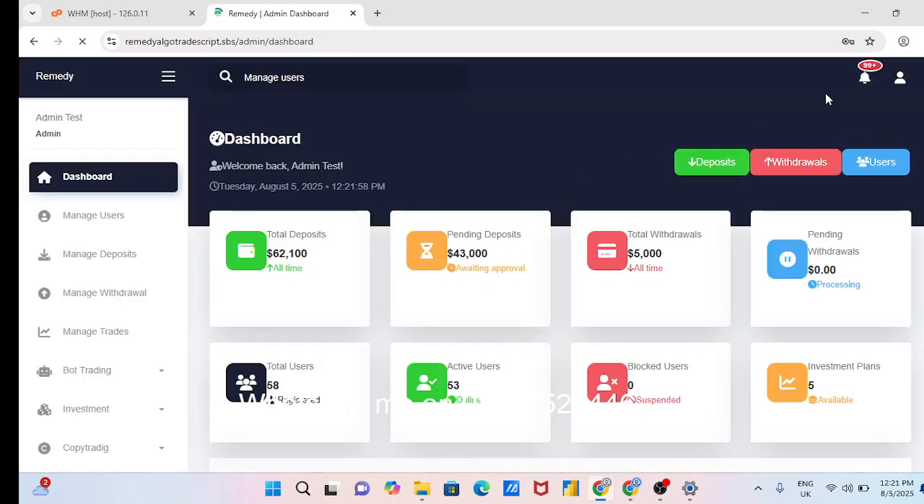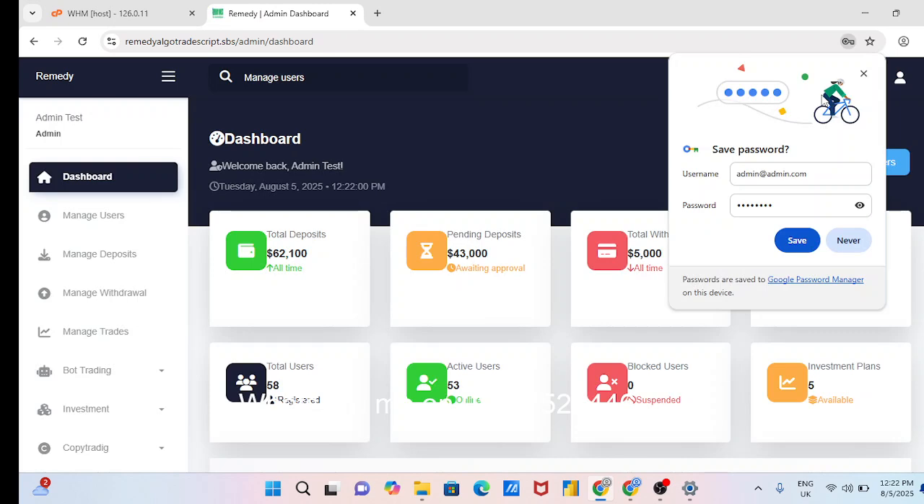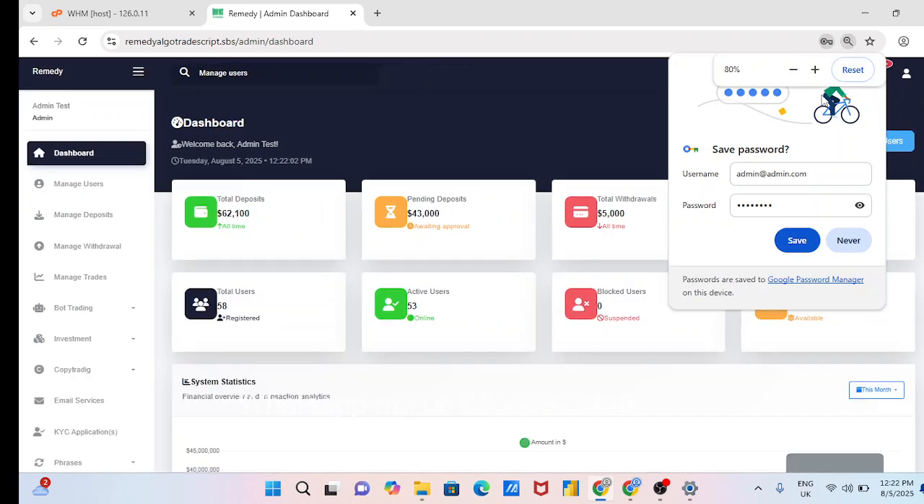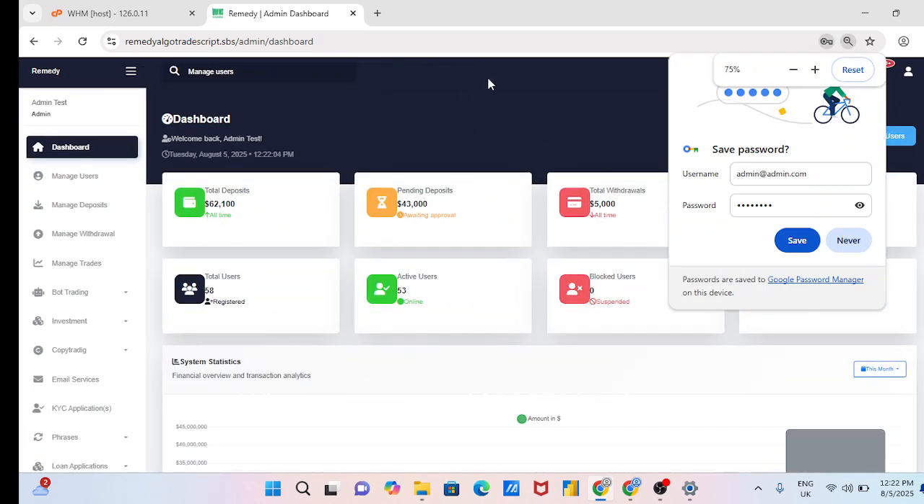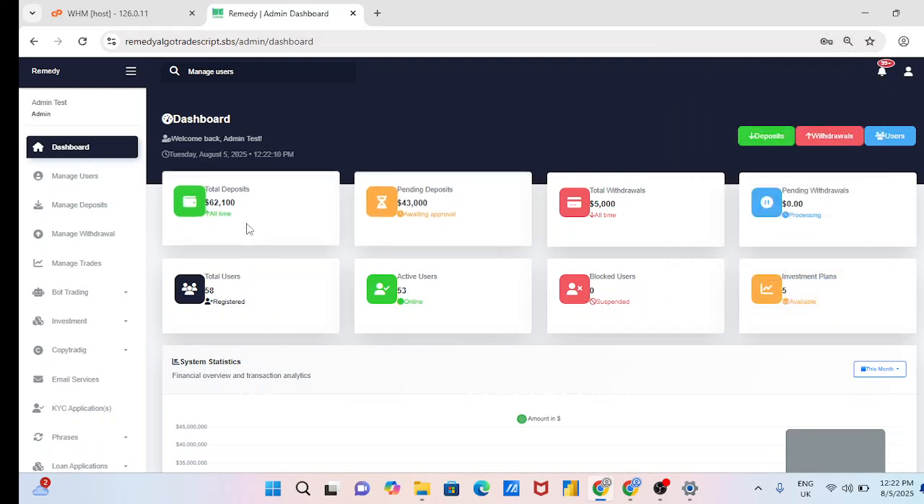So I logged into admin. I log into admin now. It's my system, and now this is the admin. Admin shows you all the deposits, all the pending distance. So when we come to manage users,